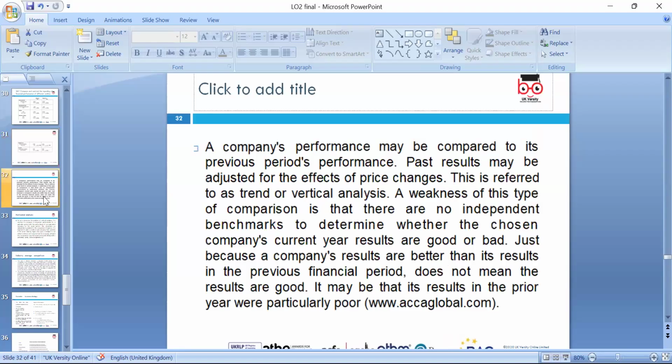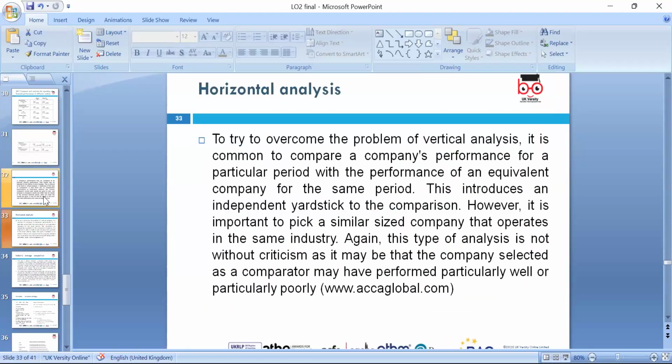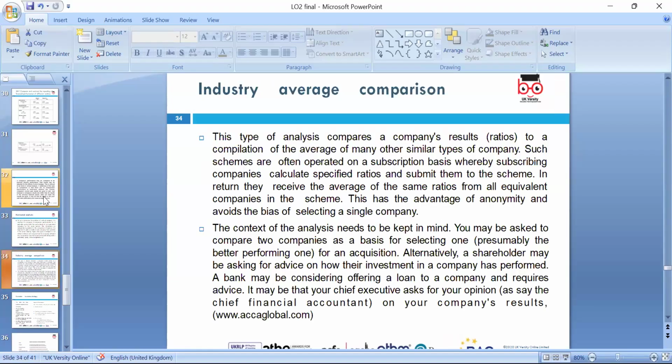So please, we have included some company performance. We need to look not only at performance based on the ratios, but we have to look at other economic factors, like at the moment the base rate has dropped down to 4%. We can think about the political, economic, social, and technological environment. That's also very crucial, which we need to think about. Horizontal analysis, we can do vertical and horizontal on the same company. Industry average, we need to look at what the average companies are earning, and compare their profitability and ratios, and then we can decide. That's also quite crucial.